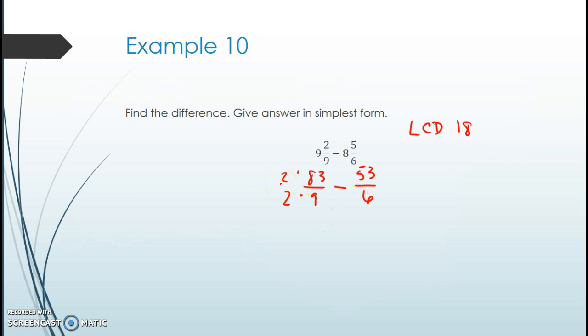On this side, 83 times 2 is 166 over 18, minus 53 over 6, we're going to have to multiply by 3 to get to 18. So 53 times 3 is 159 over 18. And then 166 minus 159 is 7. So we end up with 7/18. And that's our final answer. And so that is finding or solving addition and subtraction problems with